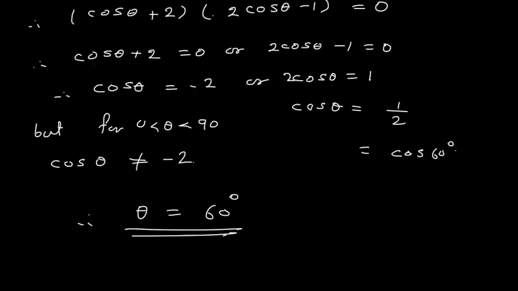So this is how we solve the problems. Okay, so in this lecture we have seen two types of problem. One problem is how we can eliminate theta and write the equation, and second, how we can find the value of theta. When some equation is given, how we can find theta, that is how we can solve it.